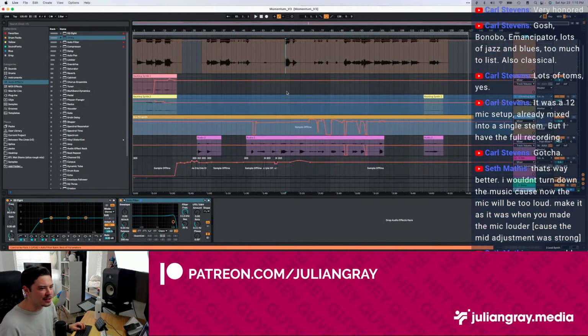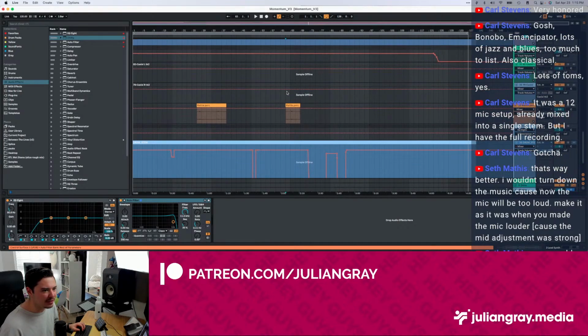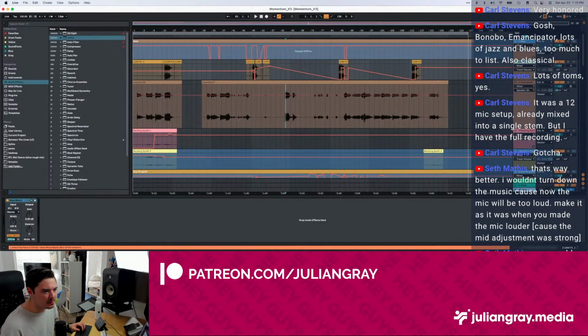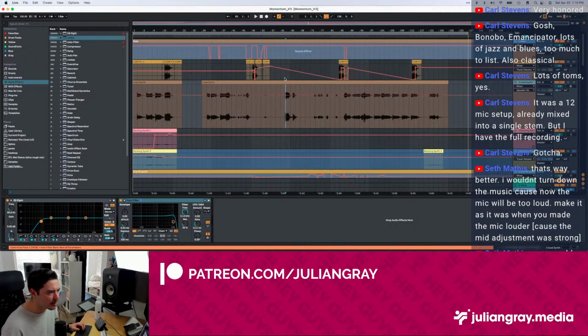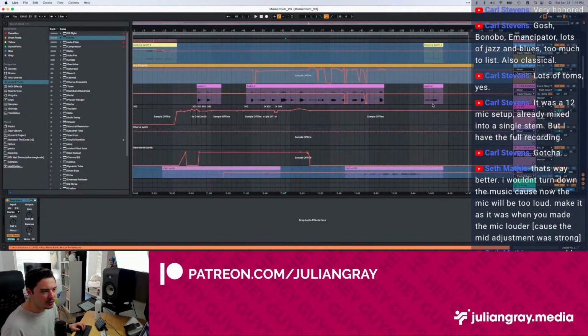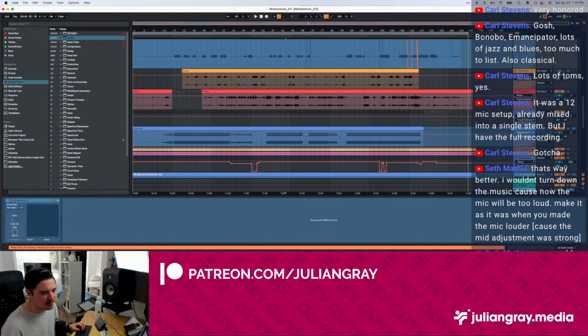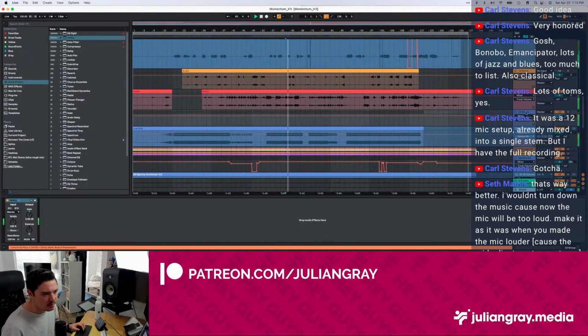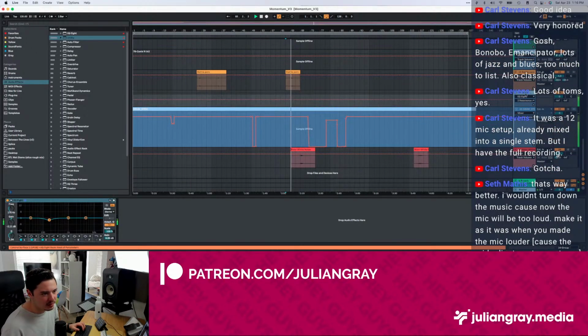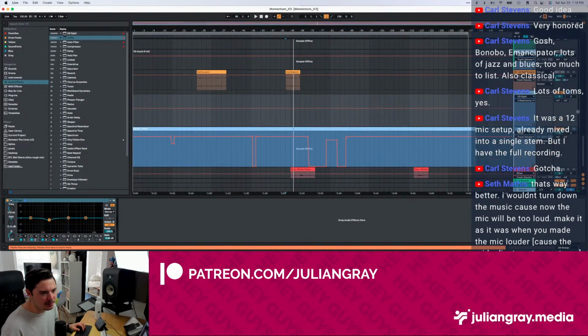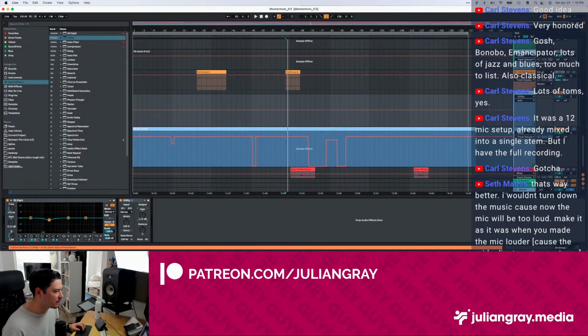So I can't make that adjustment I was trying to do, to turn everything down. I think that would be too cumbersome with all of these volume automations. But what I will do is turn down the things that are really loud, or maybe we can just turn up the drums. That's fine. See, what I don't want to do is hit the limiter. Don't want to hit the max there, but maybe we can push it like a decibel or two higher. Get away with that. So the drums are out in the front a bit more.